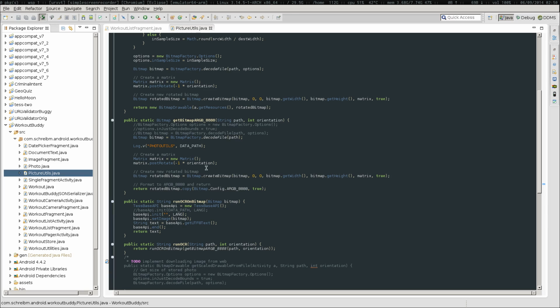I've done some things here to rotate the photo because there was no way to get it to stay at a fixed rotation when taking the photo. So this code here with the matrix corrects for the rotation of the device at the time the photo was taken, and then it just sends it to run OCR on bitmap,